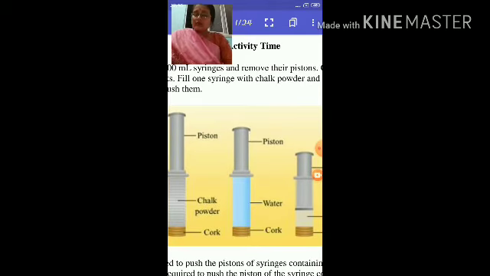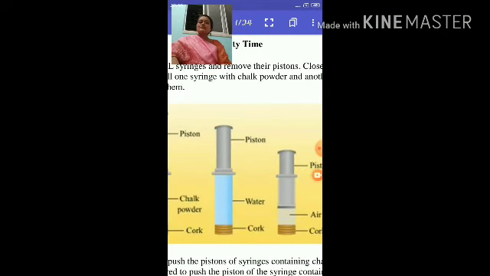because within that chalk powder is there, and chalk powder is solid, and solid substance has the molecules which have the greatest intermolecular forces. That's why they are very compact, and to push any solid substance, a greater pushing energy must be applied. In case of the second piston, as water, a liquid substance, has been kept, the pushing energy is definitely greater than for air but lower than solid, that of the chalk powder filled syringe.